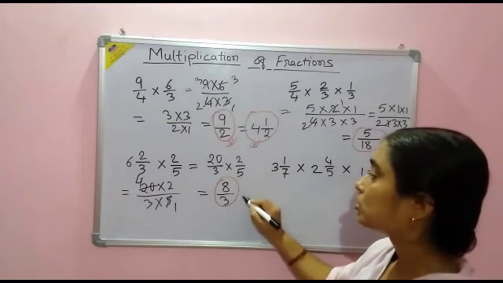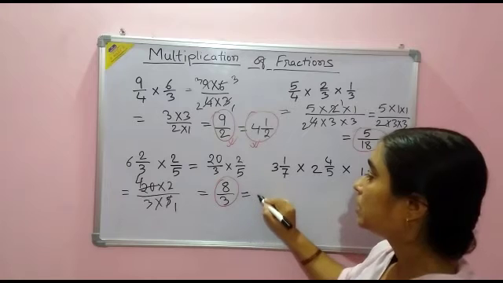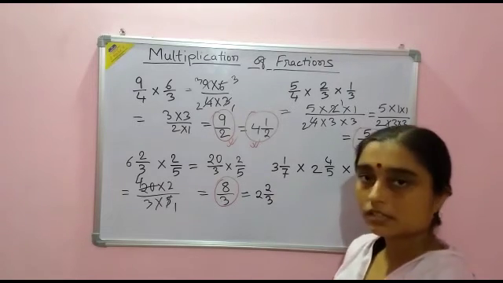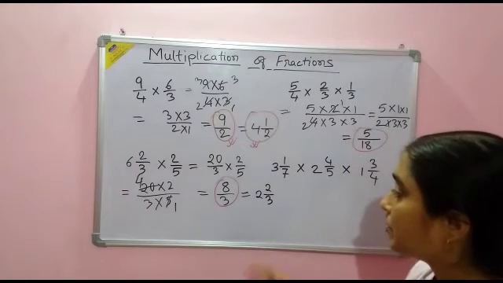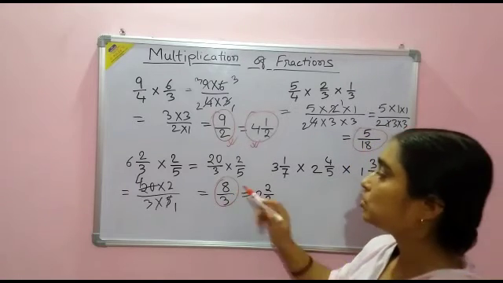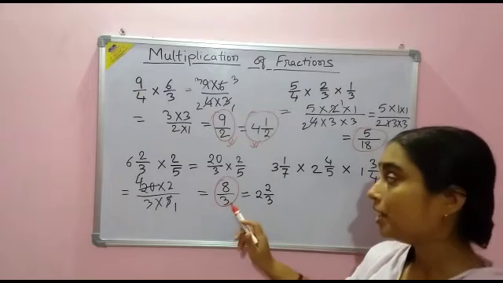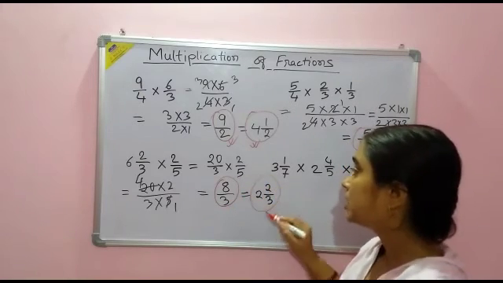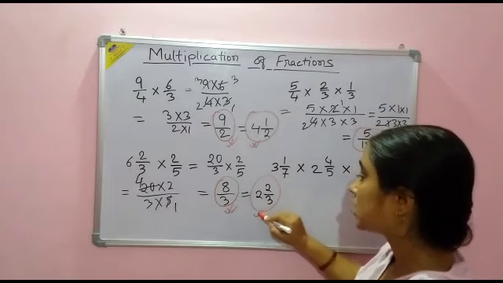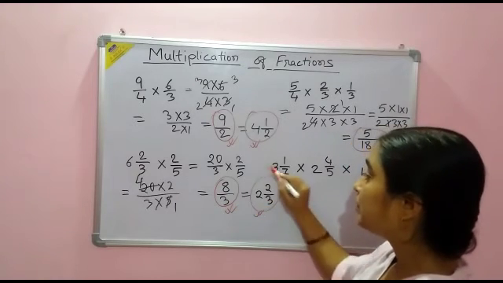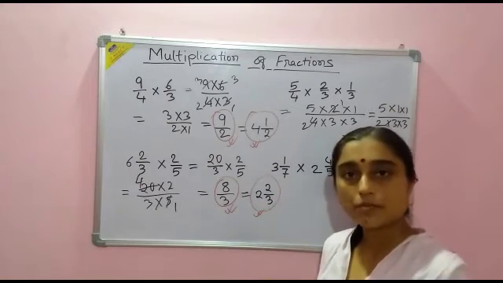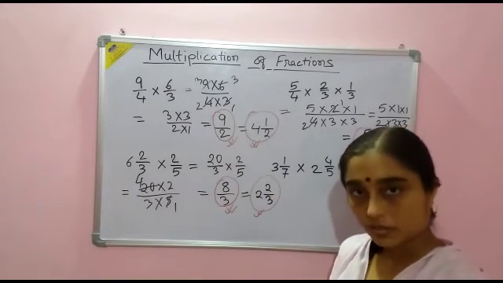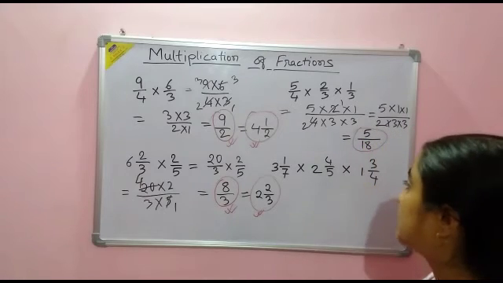Okay. Now here also, 8 by 3 is equal to how much? 3 2s are 6. We get remainder as 2 and divisor is 3. So whenever it is an improper fraction, this means the numerator is greater and the denominator is smaller, we convert the fraction into a mixed fraction. Okay. So this can be the answer also. This can be the answer also. But the better way to write the answer is in the mixed fraction. We don't write answers in improper fractions.